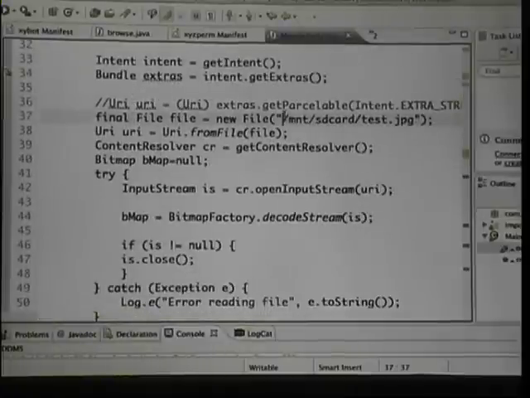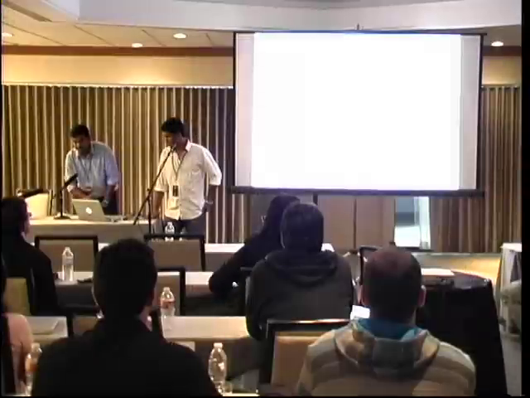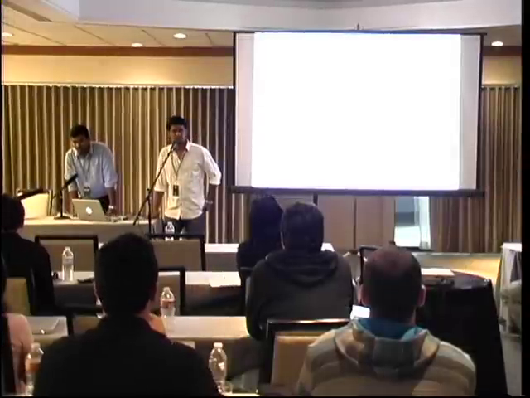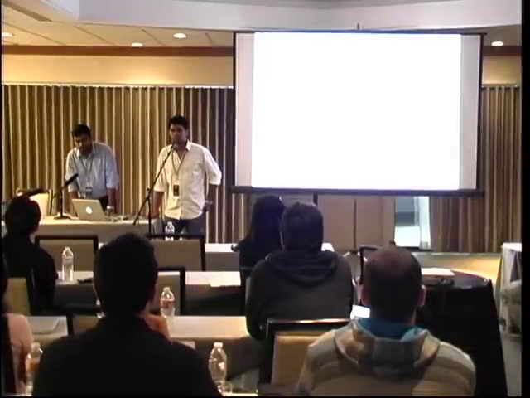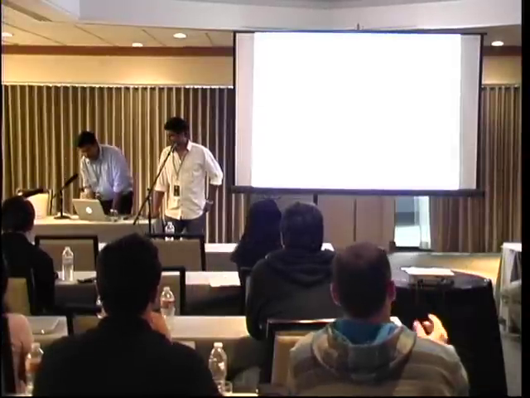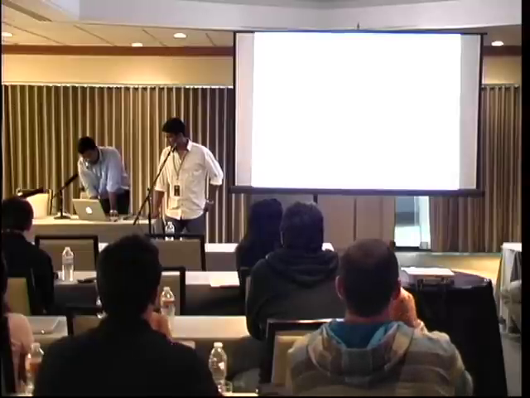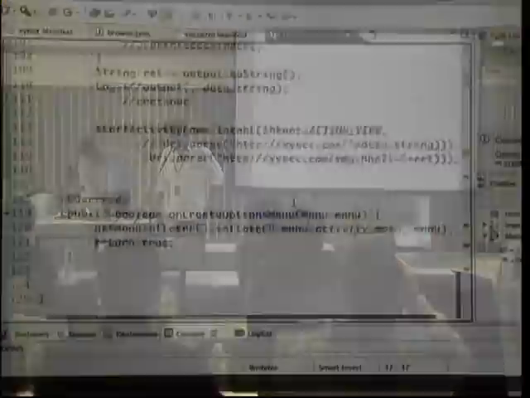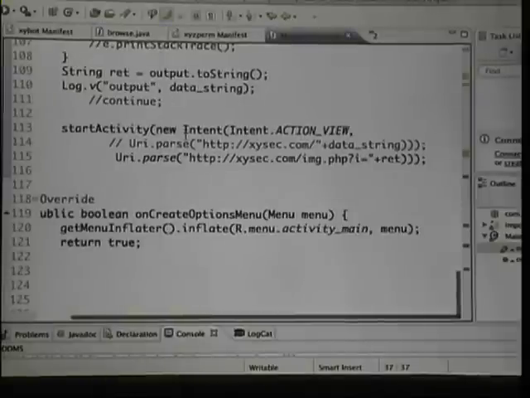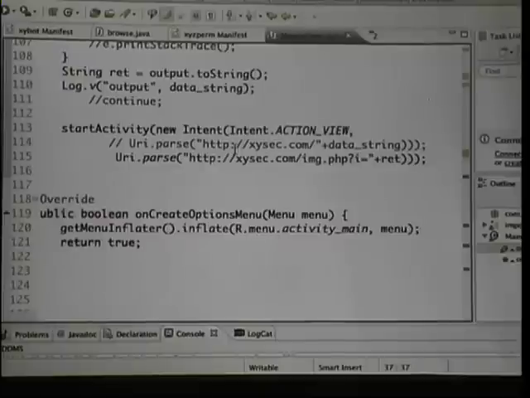The first thing is that any app can read contents from the SD card, right? It doesn't need any permission to read. But to write, you need a permission for external write. But you can just read anything. And what we did is we opened the browser, and any app can open a browser using an intent without any permission.